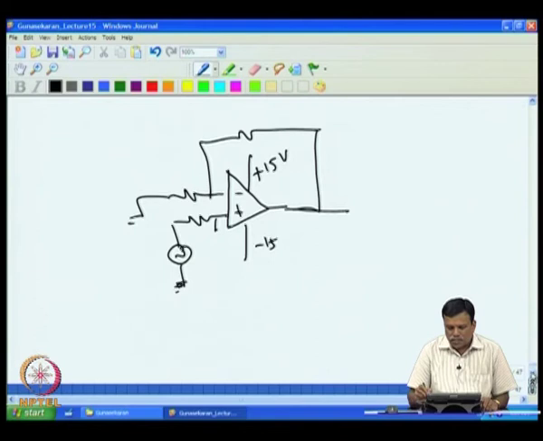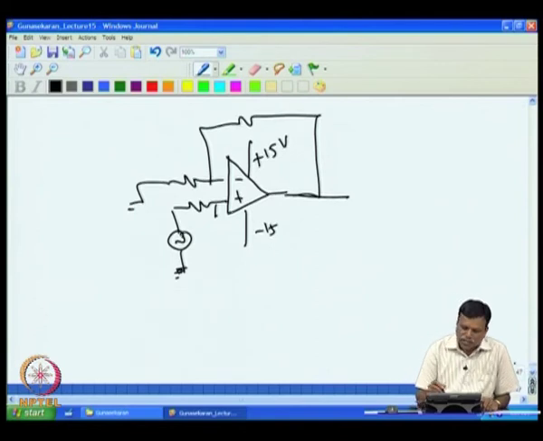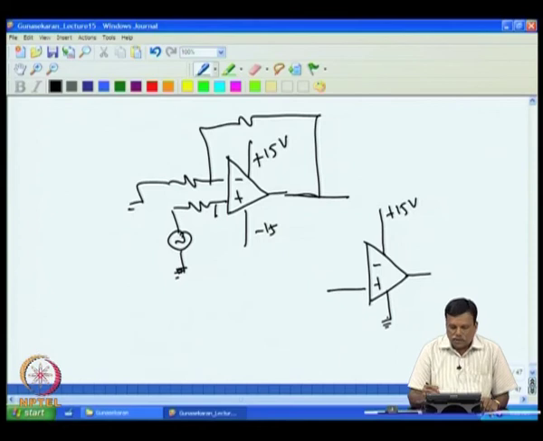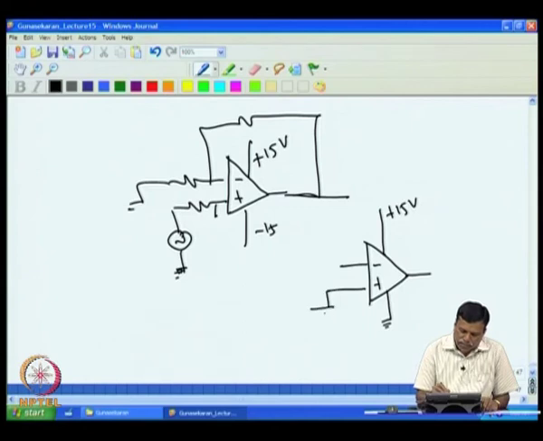Now if we are using an op amp in single supply, certain precautions have to be taken. If we have a single supply like this, then I give the plus 15 and the minus voltage I connect to ground. Then the operational amplifier has to work in single supply mode. We have to make sure of the input levels. For example in this case, suppose I give the input like this, I give 0.1 volt to a 741,